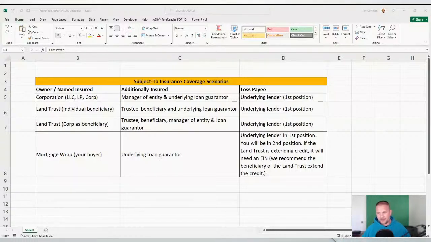All right, guys. Well, I think that's going to do it. I hope that helps out and clears some things up. Insurance, like I said in the very beginning, is not something you want to play with. If you're listening to folks that are trying to find these backdoor ways of insuring those properties that they buy subject to, I'd just change the channel, because it's not good advice. Whenever you buy a property subject to, you just have to get a new policy. That's probably the best thing I can offer,